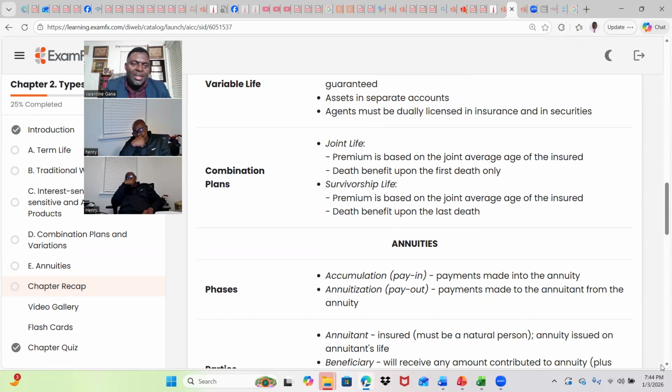And if you have a securities license, you need to be registered with what they call FINRA, the Financial Industry Regulatory Authority. So you need a variable license, and then you need to be registered with FINRA. And you also have to remember that if you're doing variable, then you come under the authority of the SEC, the Securities and Exchange Commission. Because if you're doing variable, it means you're investing people's monies in stocks, and stocks are equities. And the SEC regulates stocks and equities.